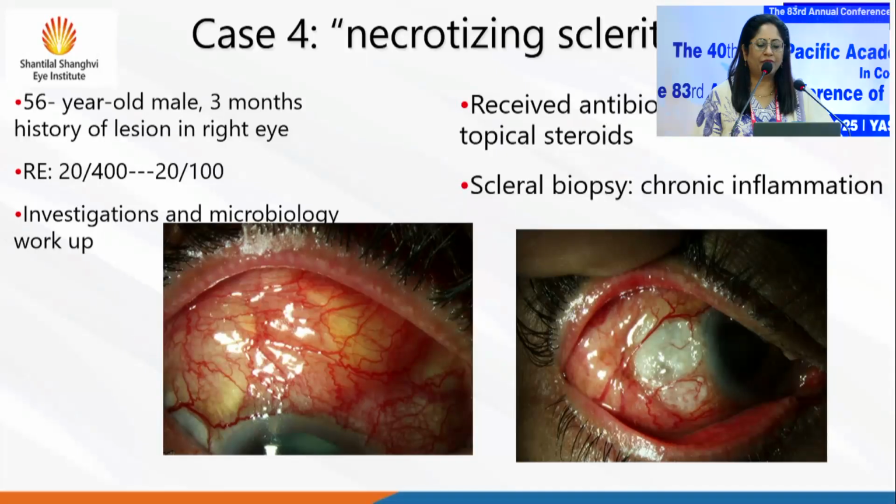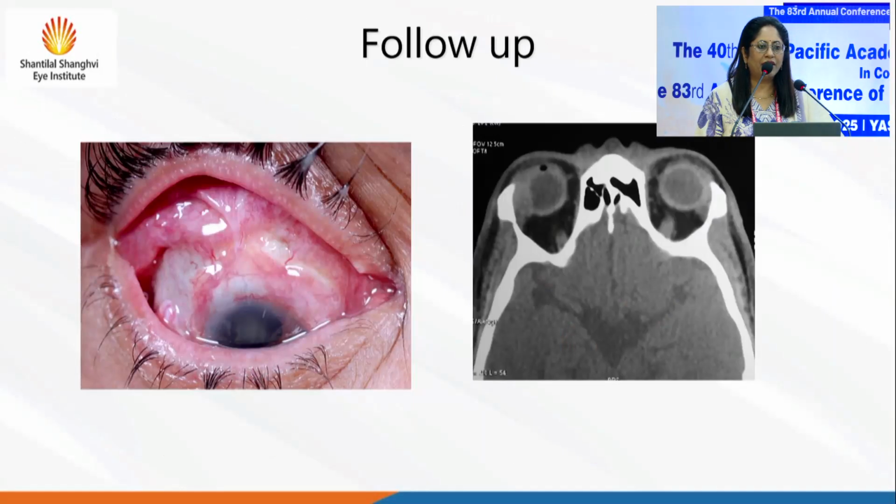So by the time we saw the patient, we also couldn't figure out, because the clinical picture was masked. And the first thing, one of us went ahead and repeated the scleral biopsy, which showed a lot of chronic inflammation. Maybe the amount of tissue was not representative, or was very small. So as the patient followed up, the same story, that the patient didn't improve at all. Maybe 2 or 3 weeks later, we saw this picture where that area where we took the biopsy from was very quickly getting extensively fibrosed,